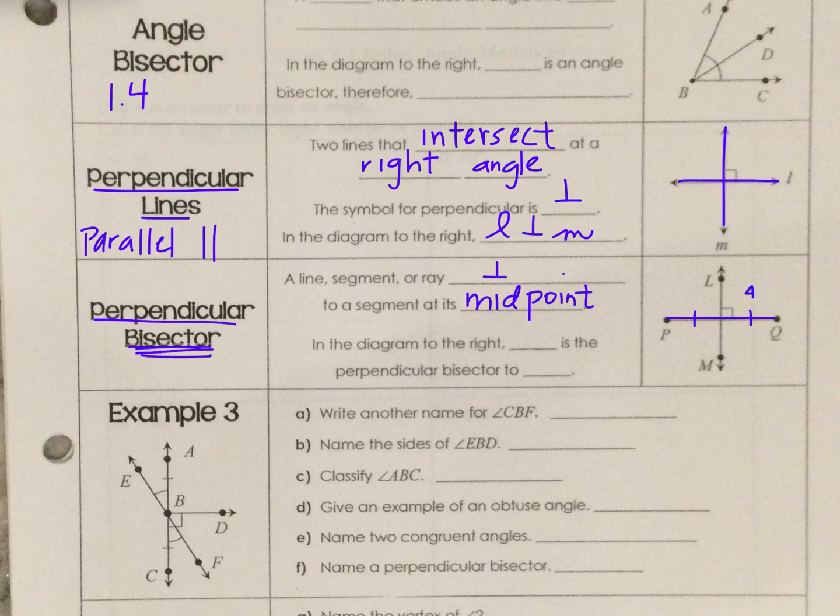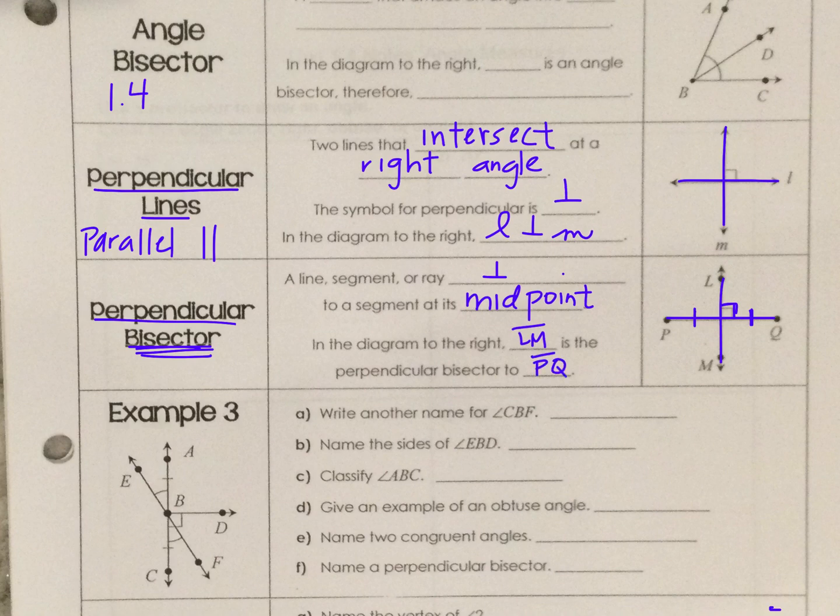So if Q was 4 inches, P would be 4 inches, okay? So if I have a perpendicular marking, which is this corner square, and it cuts it into half perfectly, then it's a perpendicular bisector. In the diagram to the right, line LM, that's the up and down line, is the perpendicular bisector to